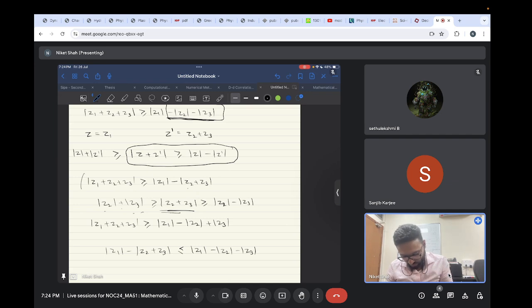I'll of course have to take an overall mod here on both sides. But you get the idea, right? That this is actually less than or equal to this, not greater than, because when I'm breaking mod of Z2 plus Z3, okay, wait,